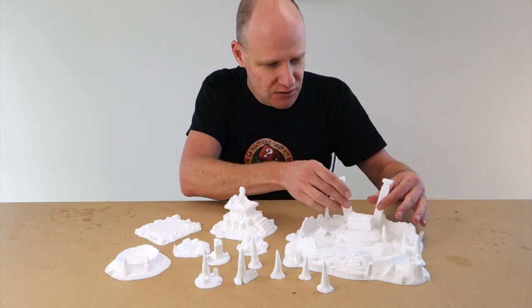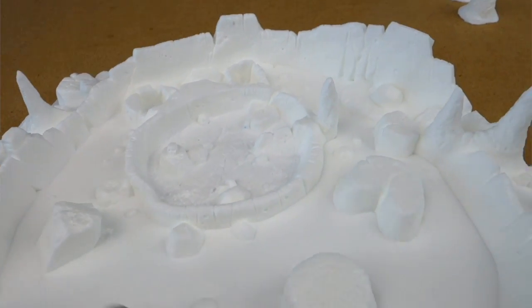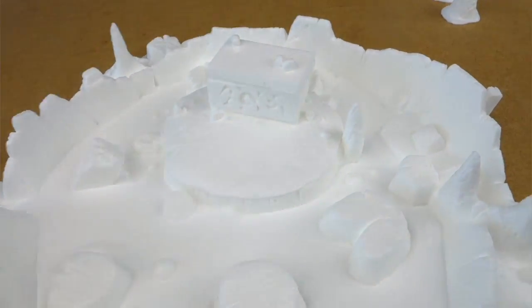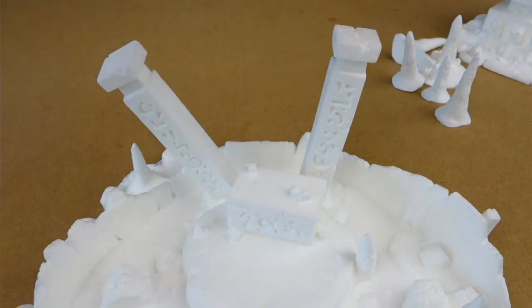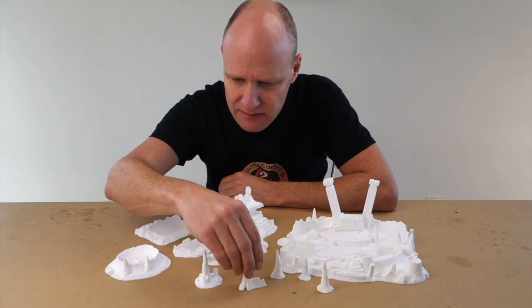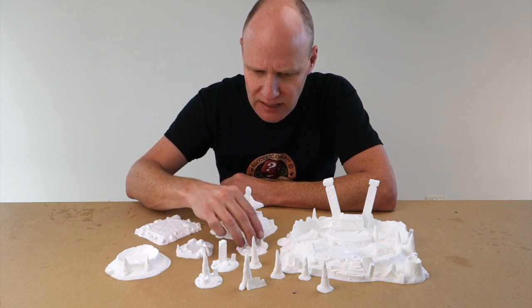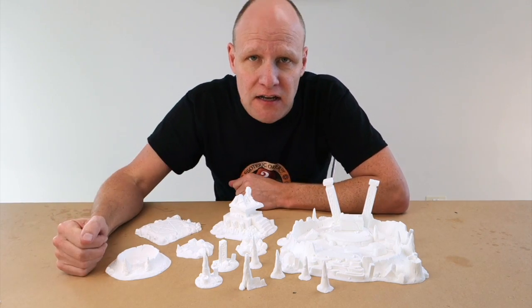and the feature piece is this huge pit here, a dark altar, and you can buy it as this big pit thing, or you can add these extra bits and put a sarcophagus on the top and these inscribed pillars. It's beautiful. We've got some stalagmites here, little thing coming up, I don't know what that is, and another pool of lava. There's lots more on the Kickstarter page, and of course I'll put a link to it at the